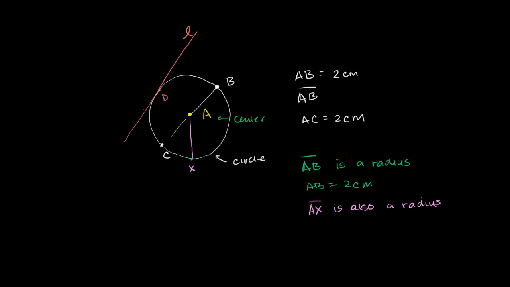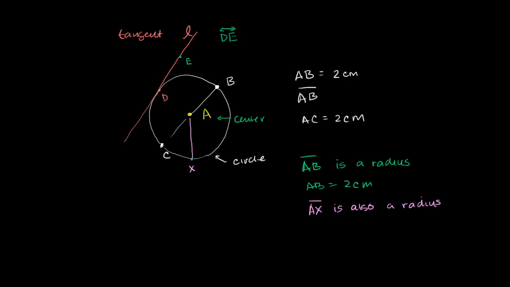So sometimes you'll see lines specified by some of the points on them. So for example, if I had another point right over here called E, we could call this line DE, or we could just put a little script letter L and say this is line L. But this line that only has one point in common with our circle, we call this a tangent line. So line L is tangent